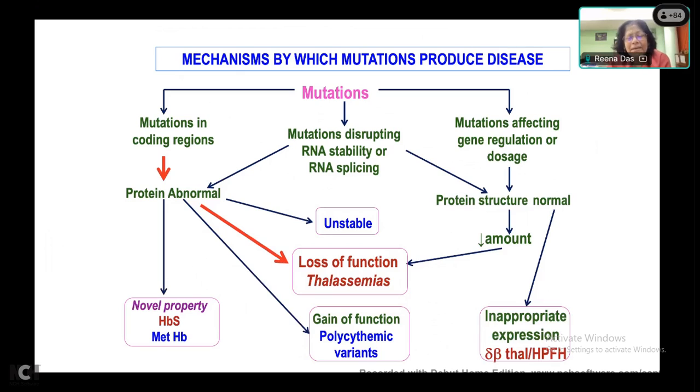So this is similar to whatever I have told you till now: if you get mutations and abnormal proteins, you can get loss of function, the commonest being thalassemias, or you can get unstable hemoglobins. Some of the mutations can also give rise to gene dosage problems or inappropriate expression, such as happens with hereditary persistence of fetal hemoglobin, also commonly known as HPFH, or the delta beta thalassemias, which are usually